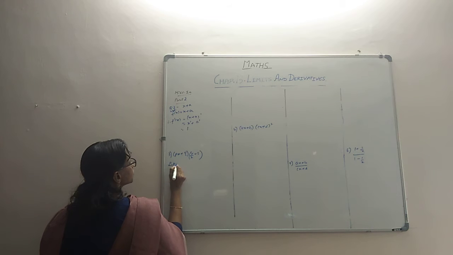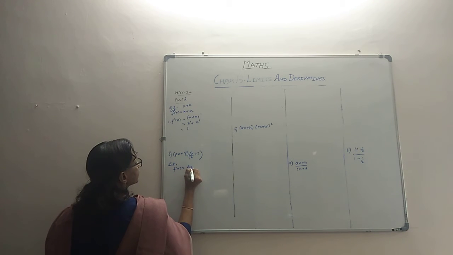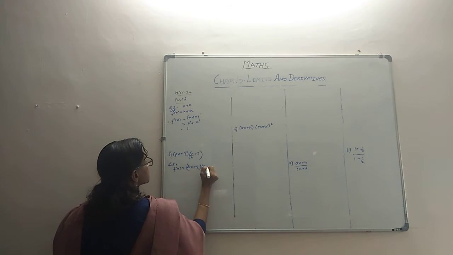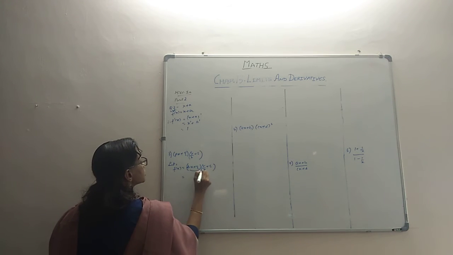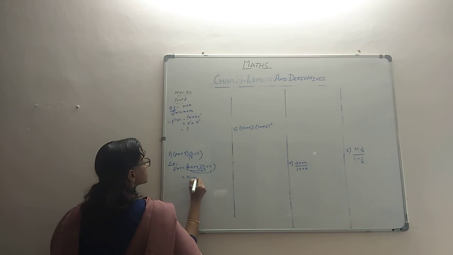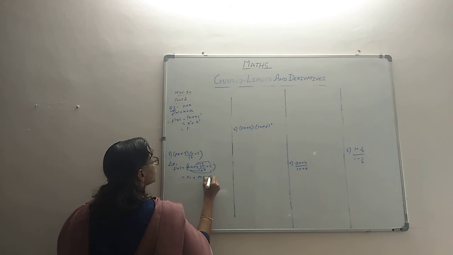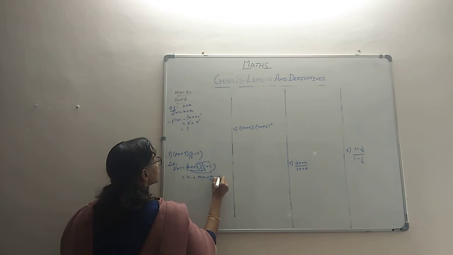Now same way, let's go for this. Either we expand it and then find the derivative, or we take it as a product and do it. Both ways. Expansion is better here. So let's expand this into this, this into this. So it's PR, because the x's will get cancelled, PSx, then QR by x, QS.